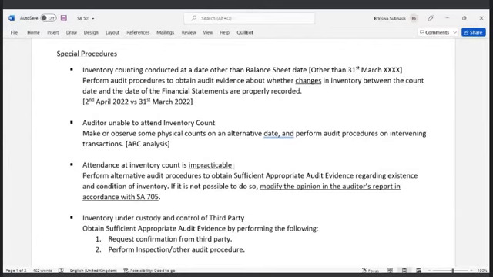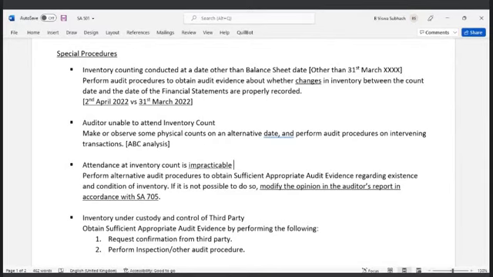What is a modification of audit opinion, that we will discuss in SA 705. But for now, just remember that a general audit report that we all see is called an unmodified, unqualified opinion. That is the most common audit report where there are no deviations or no significant observations from the auditor. It is called